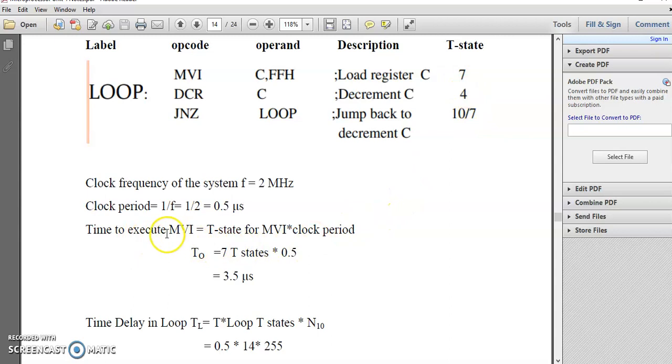So the time for MVI will be T states for MVI into clock period, 7 into 0.5, equals 3.5 microsecond. This is the only instruction outside the loop, so the total time outside the loop is 3.5 microsecond.